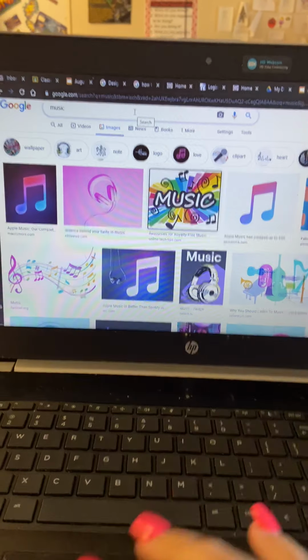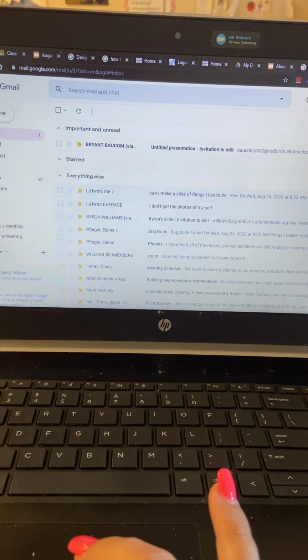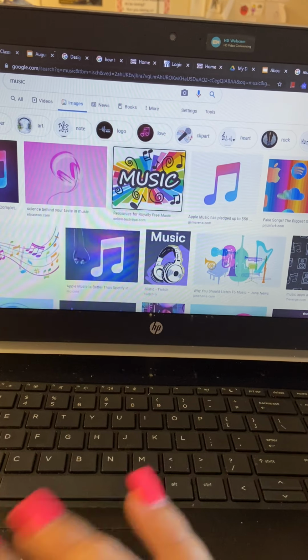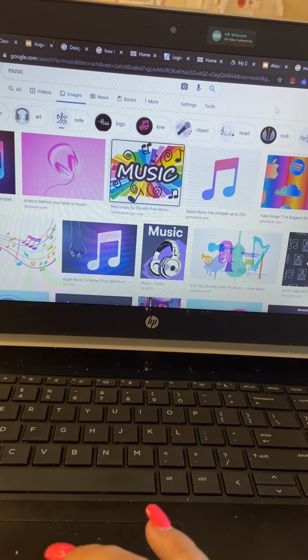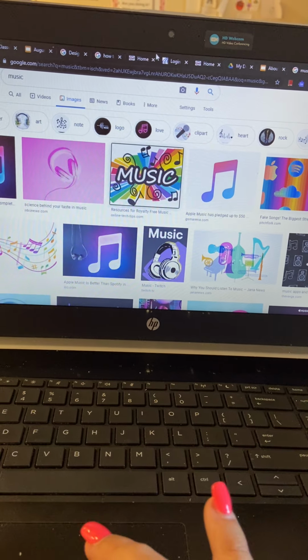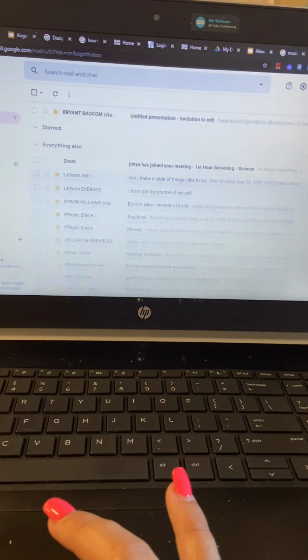Okay, so then someone asked, how would you send a picture? So if you have a picture on your phone, just like you would send it in a text, you can also send it in an email. Especially if you have an iPhone, I know that's pretty easy. An Android, I'm sorry, I'm not very good at those. Okay, so then you go to your email, and I actually have sent one